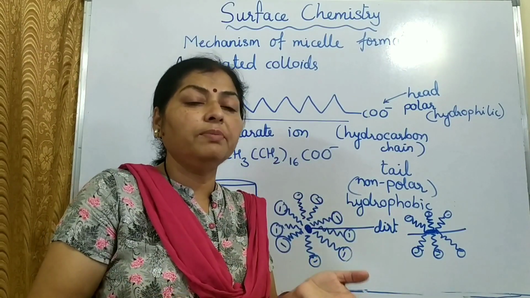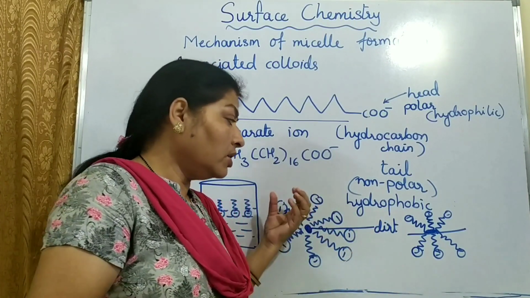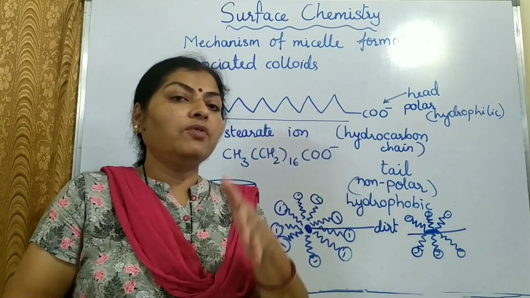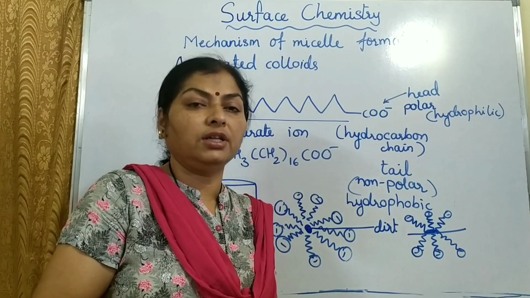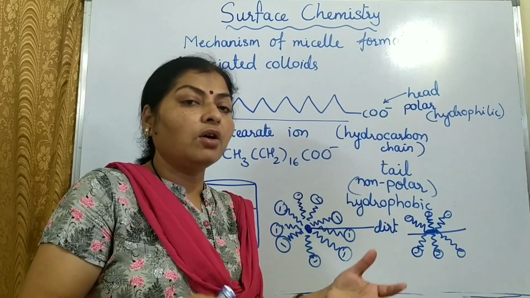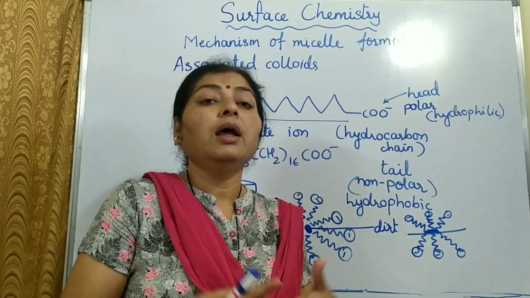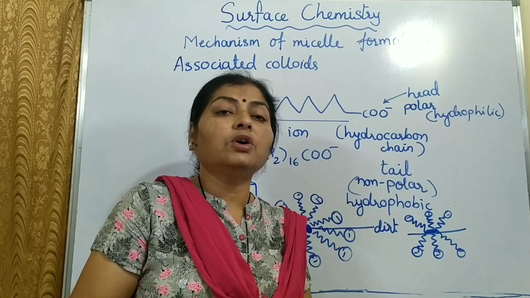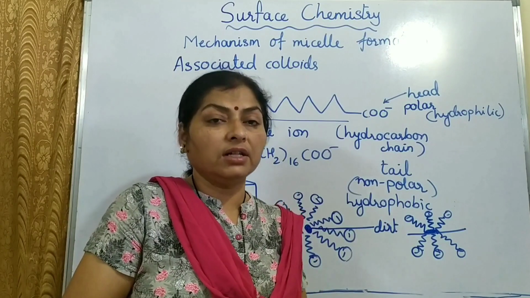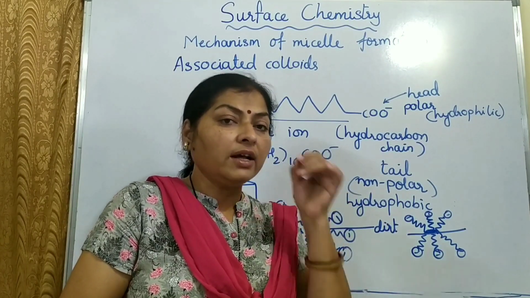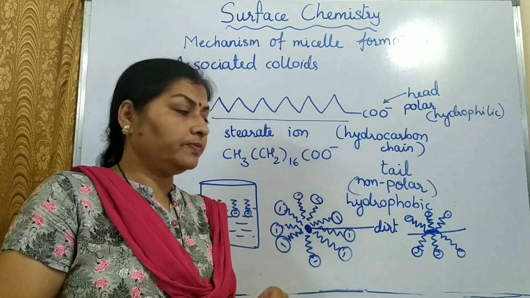Oil, water generally they don't mix with each other. But in this way, due to the soap molecules present or due to the micelle formation, oil and water, they will mix with each other. And this process is known as emulsification. Emulsification is the mixing of oil and water together. As such, oil and water purely, they don't mix with each other. But if a small amount of soap or detergent is added, then water and oil, they can mix with each other. The bigger particles of oil are broken into very tiny particles and this is known as emulsification.